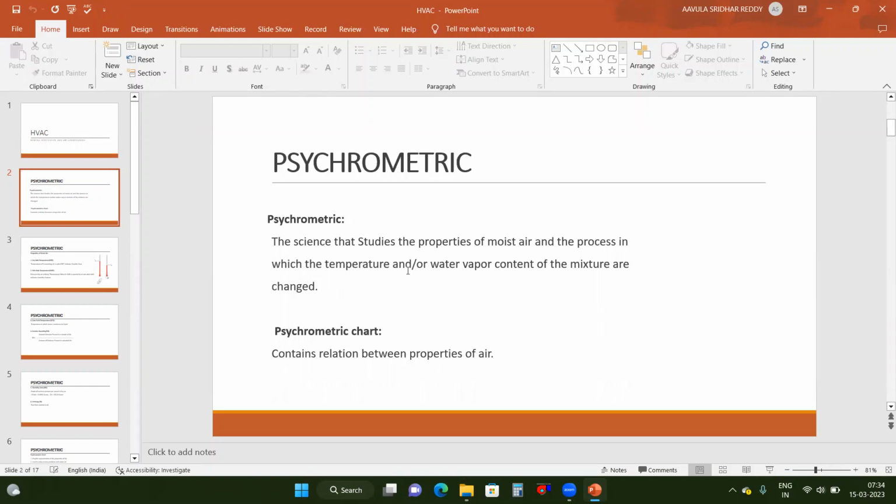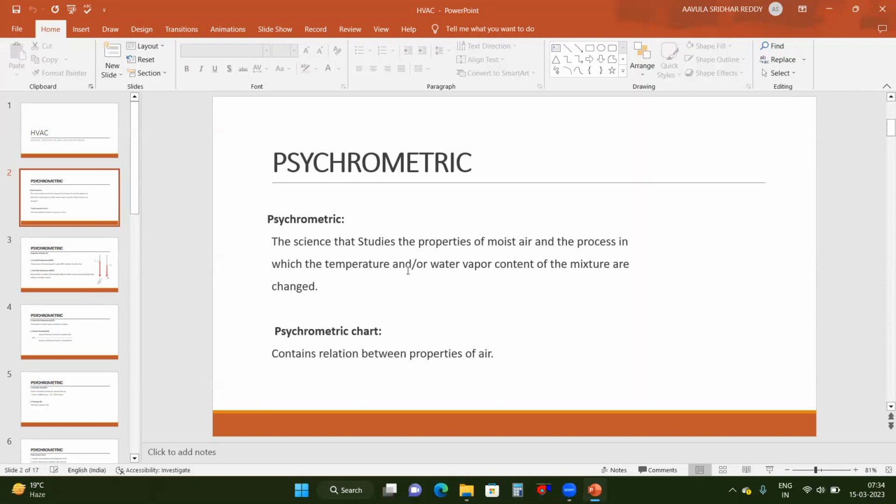Moist air is nothing but air which contains water vapor. Air always contains some water vapor. These different properties we will study in psychrometrics, and the processes in which the temperature or water vapor content of the mixture are changed. If the temperature and water vapor content change, we will study all of that in the psychrometric